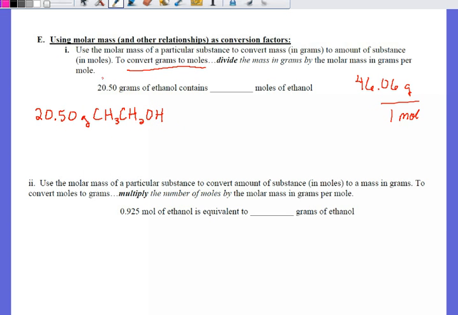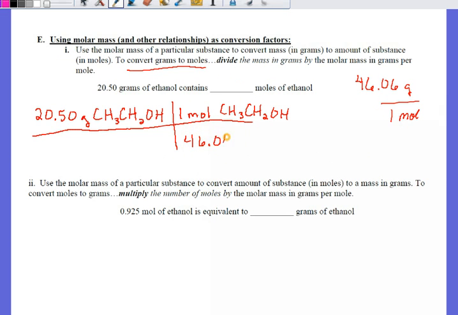That's its formula. And you're just going to do this conversion, which is just one step, where you're going to convert from grams to moles. So to do that, you'll say that 1 mole of ethanol, CH3CH2OH, is 46.06 grams of